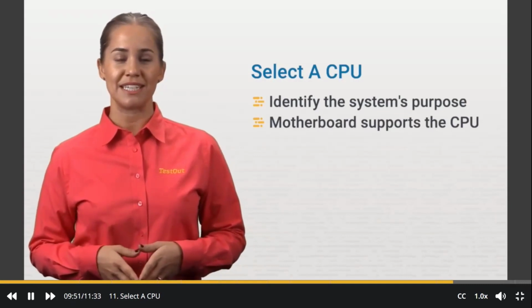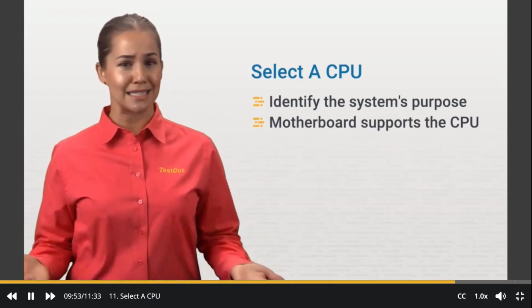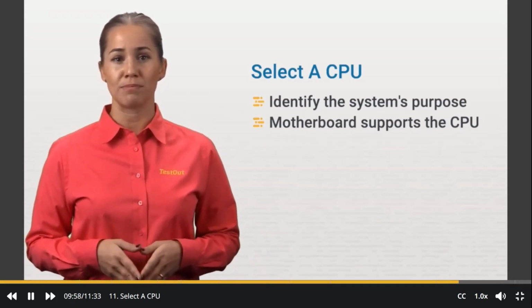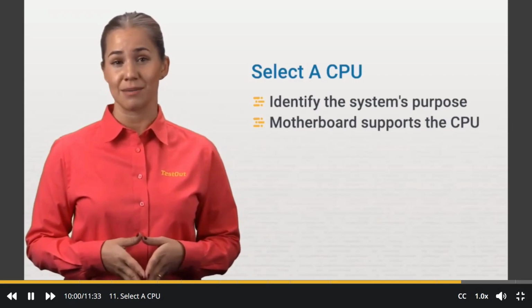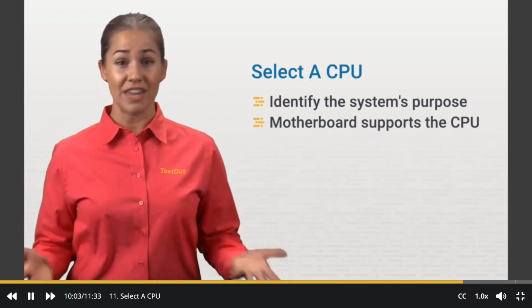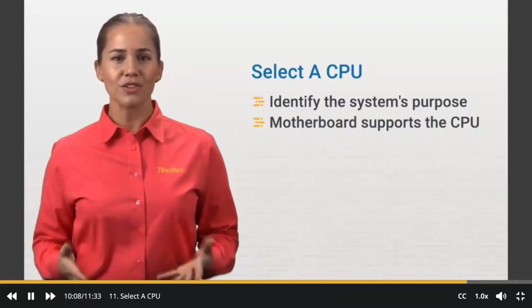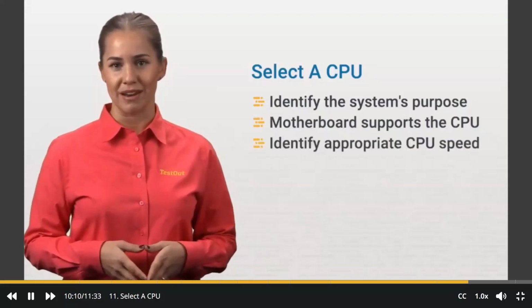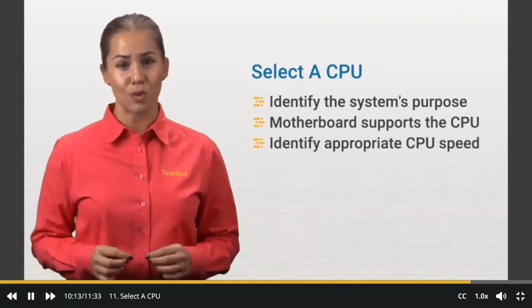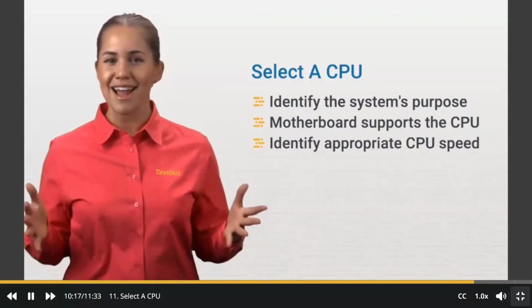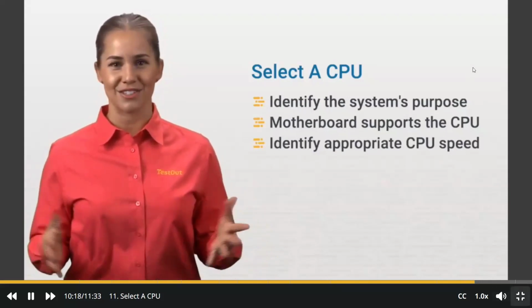Two considerations need to be taken into account. First of all, is the CPU compatible with a socket on the motherboard? And second, will the motherboard's BIOS or UEFI firmware support that CPU? A CPU may fit into a socket, but that doesn't mean the motherboard itself will support it. You also need to identify the appropriate CPU speed. However, don't rely solely on the CPU's clock speeds when you're making comparisons between processors. There are many other factors that need to be taken into account, such as the CPU architecture, the number of cores,